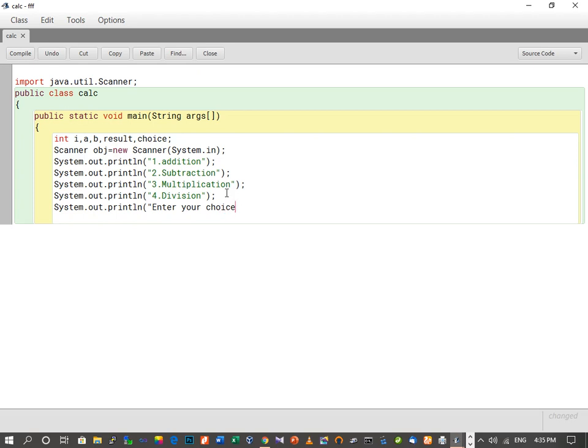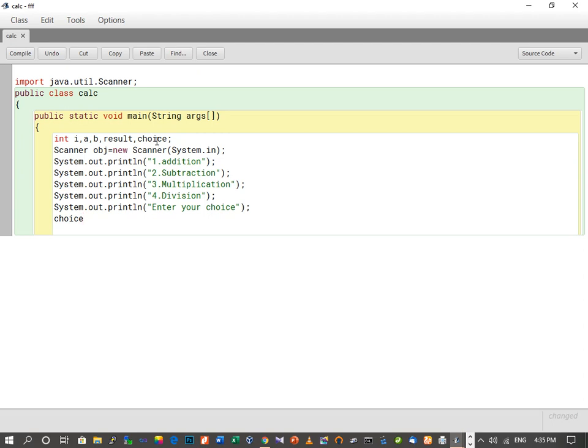It means the user will be asked what kind of calculation he wants to perform. Whatever the user enters, we will accept it in a variable. We have taken a variable over here, choice. So in choice we are going to accept that.